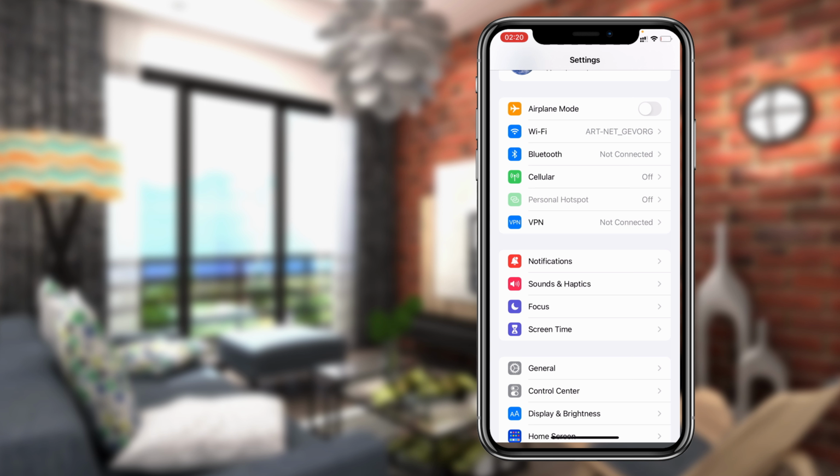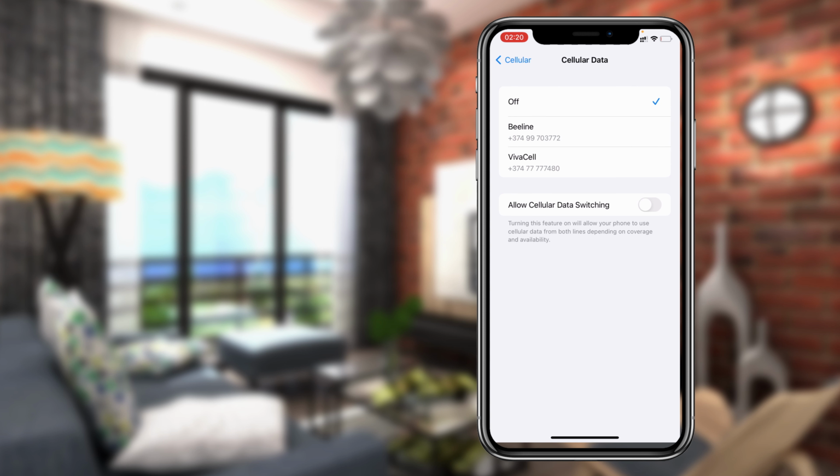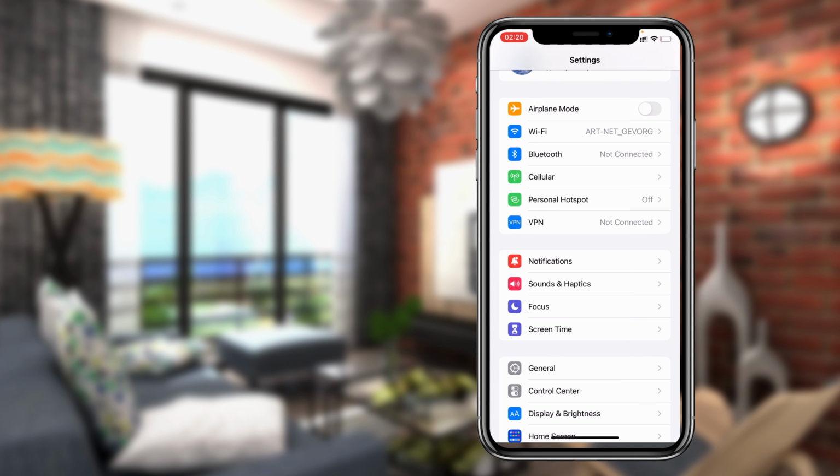To activate your personal hotspot, you should go to cellular data and you should turn on your internet data, and after that you can see that the personal hotspot is active, and you can go to